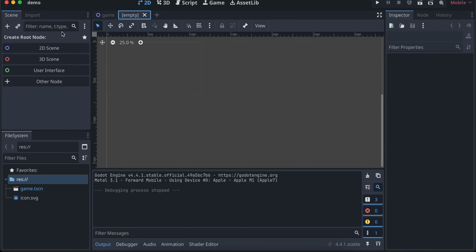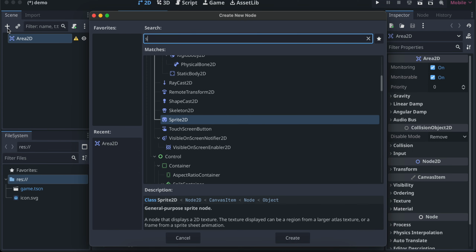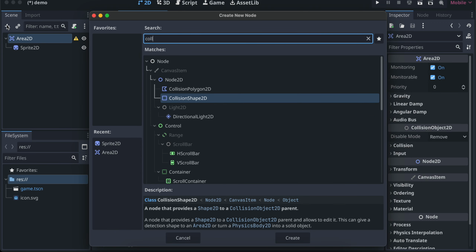So something like coins or other objects should be programmatically spawned. Hard coding them inside your game would make it too predictable for the user. So that's why we use this. I'll click on this plus button and type Area2D. Then I will add a Sprite2D,